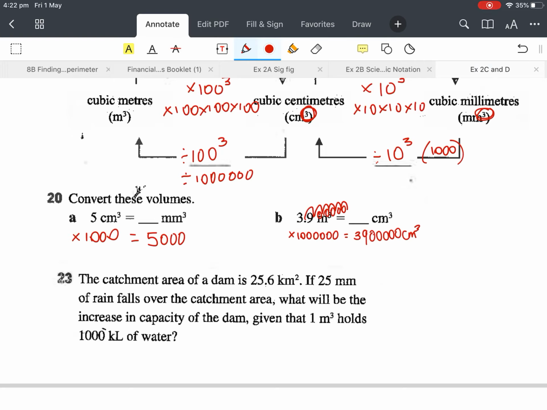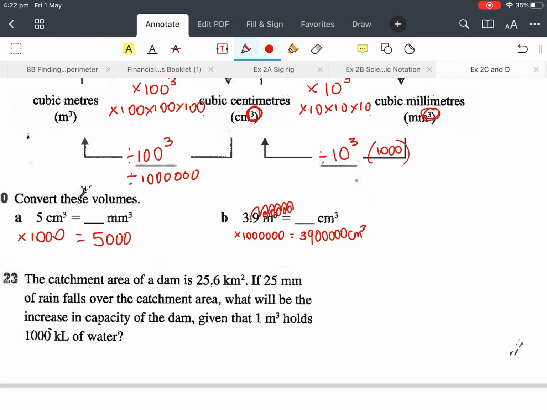The catchment area of a dam is that much, so we've got the area, and we want to know how much the capacity of the dam will increase by. So this is kind of a volume question. So I'm going to try this, hopefully I get it right. So volume, if you remember,